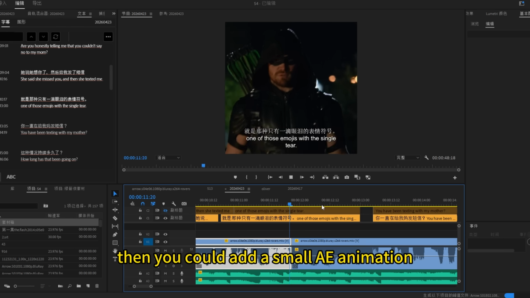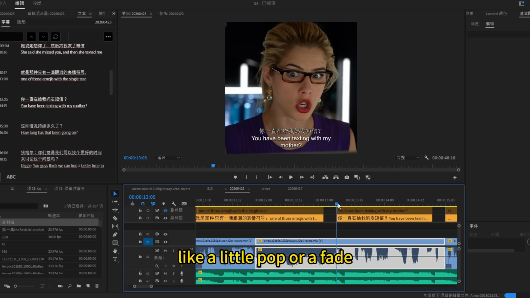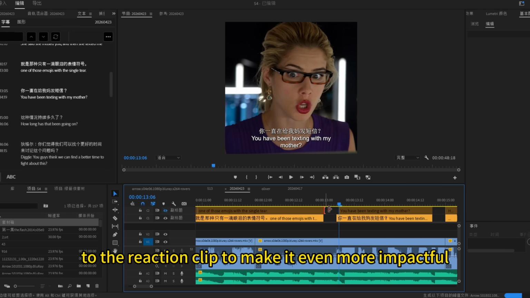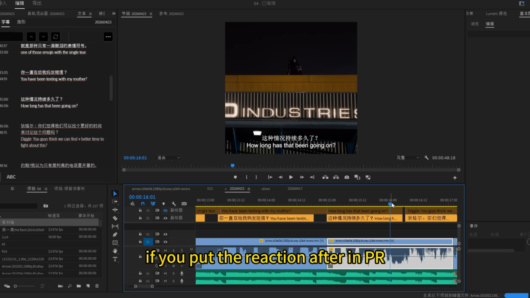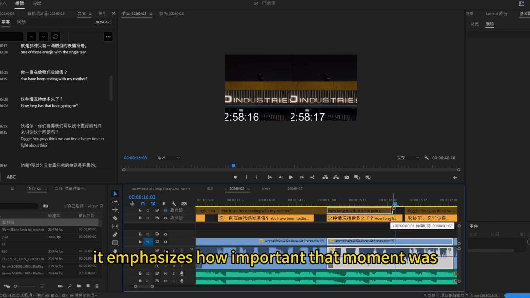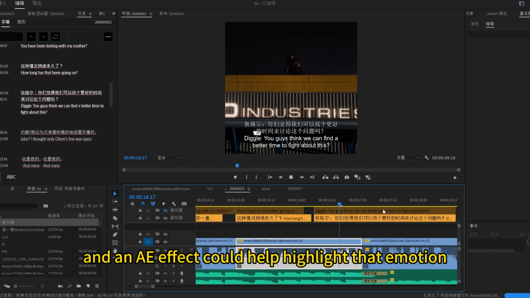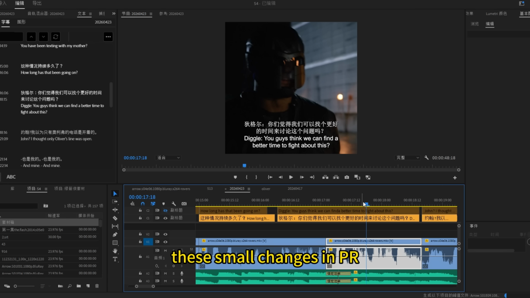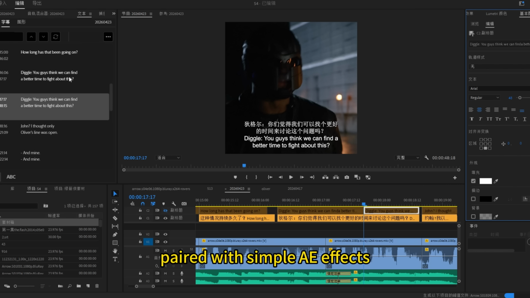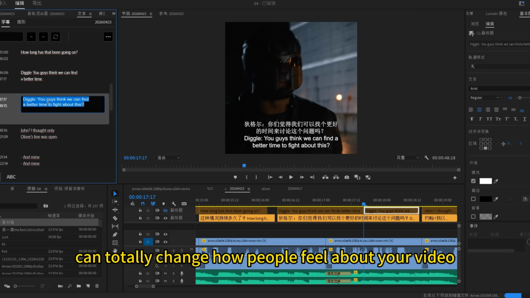Then, you could add a small AE animation, like a little pop or a fade, to the reaction clip to make it even more impactful. If you put the reaction after in PR, it emphasizes how important that moment was, and an AE effect could help highlight that emotion. These small changes in PR, paired with simple AE effects, can totally change how people feel